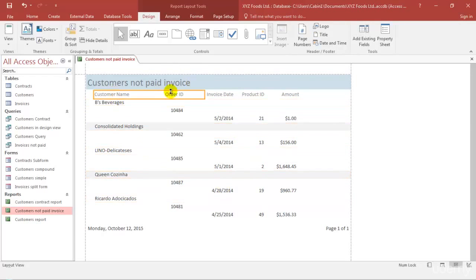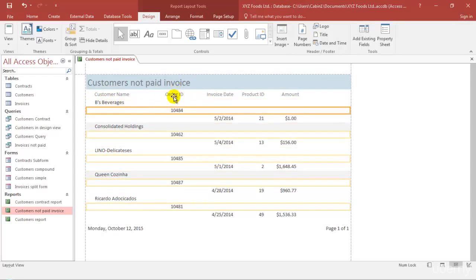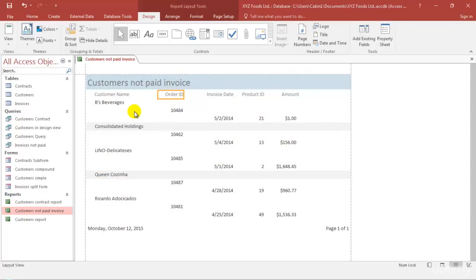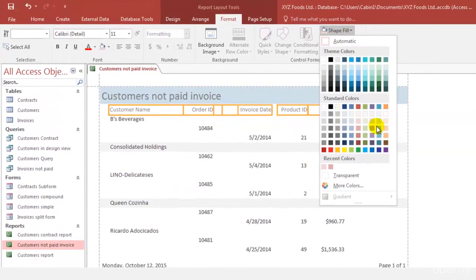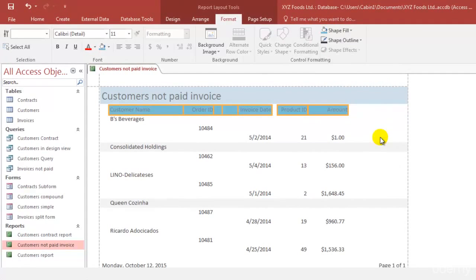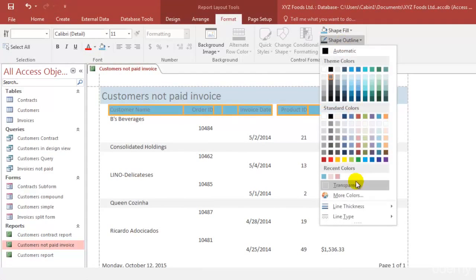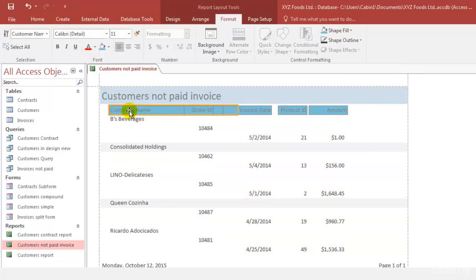If you want, I can change the fonts. Also, you can provide special fills only to the headings. So we can go to the format and at the shape fill, if you want, you can provide any shape fill or let's say shape outline. The font now does not match,